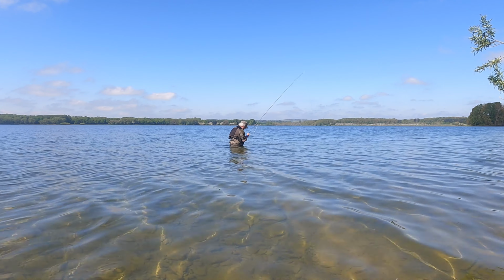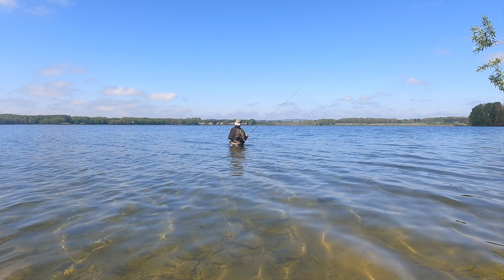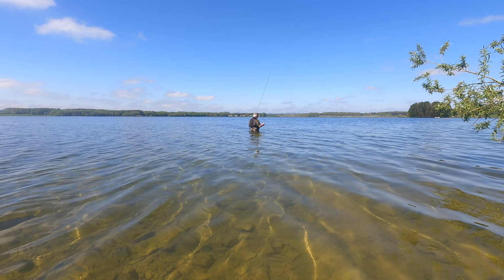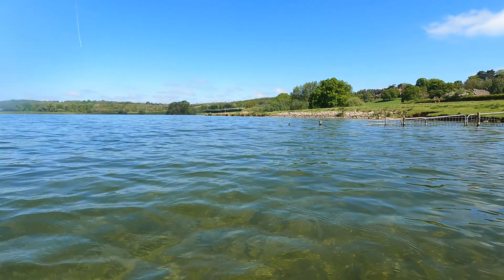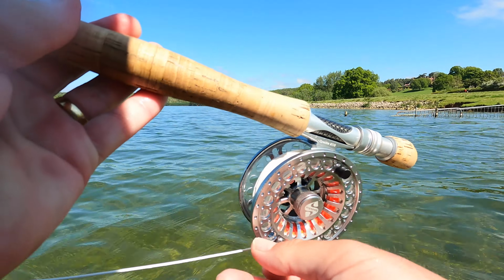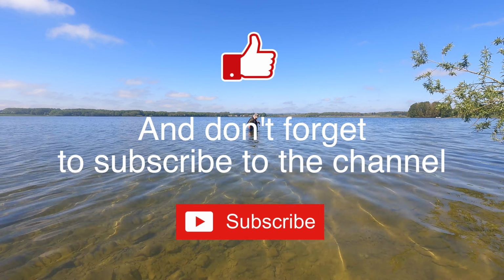Okay, mission accomplished. Managed to get the new cast on camera, and we've hopefully done a successful test of the new voice microphone. And not one tangle this morning. That's probably one of the signs that I'm casting properly. I've not had any tangles at all this morning. That has got to be good. Now, if I was going to fish longer, I would go into the bay, but I don't want to stay too long. I've got stuff that I need to do at home today, so I think we shall